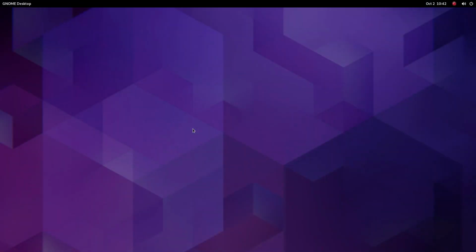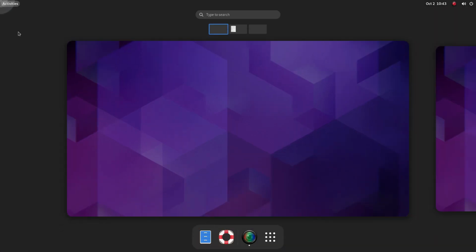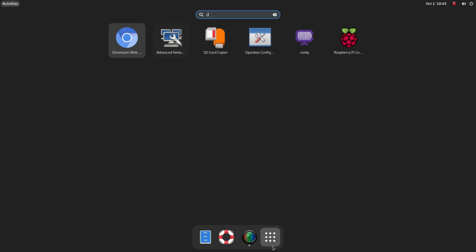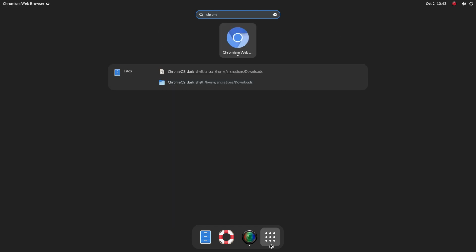So hello everyone, in today's video I'm going to show you how to customize your GNOME desktop. Now there are some extensions already enabled from the beginning, so let me just talk about the extensions before I continue with the video. So first let's open Chromium, and while I open Chromium I would like to tell you